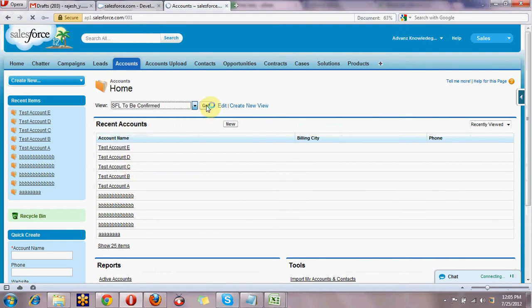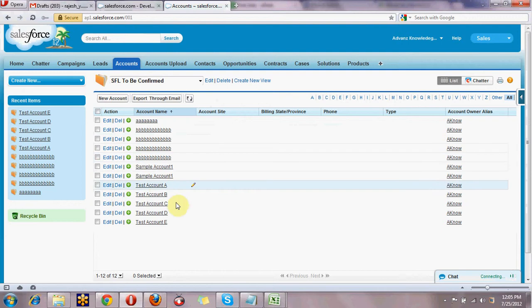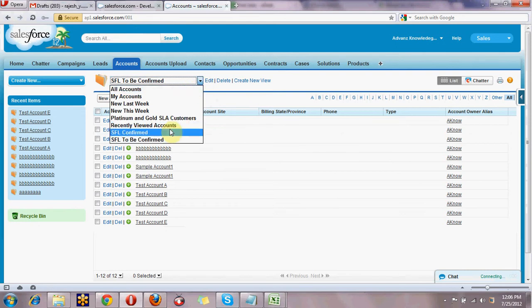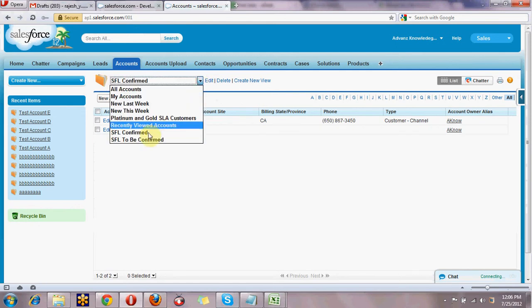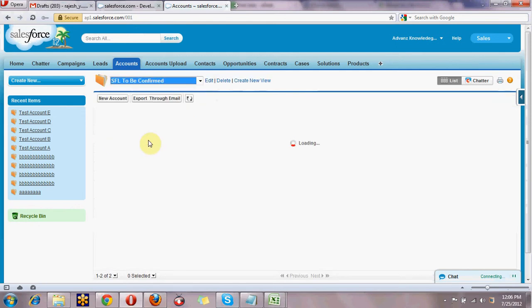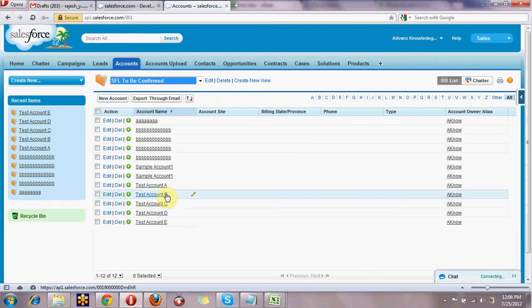When you check this one and click here, you will get all the records which are under waiting or to be confirmed. And I created one more folder or list view here, that is the SFL confirm here, and whatever we created comes under to be confirmed, not yet confirmed over here.